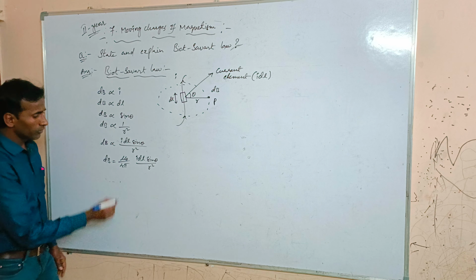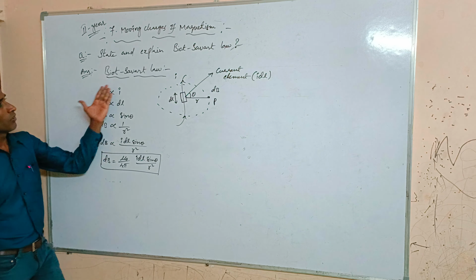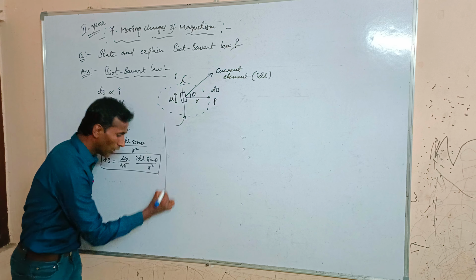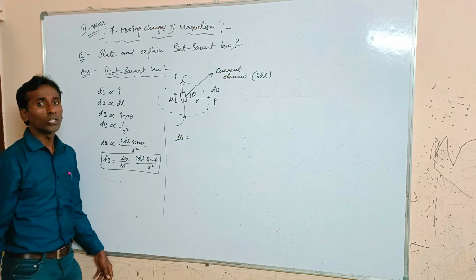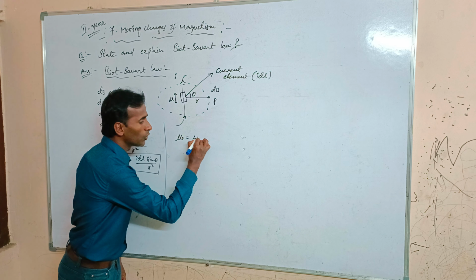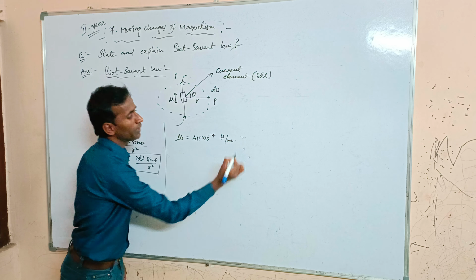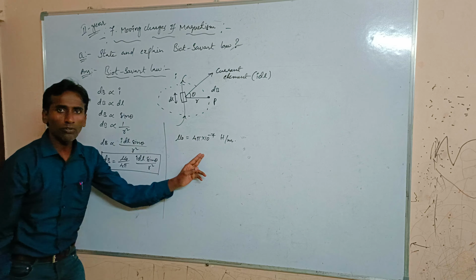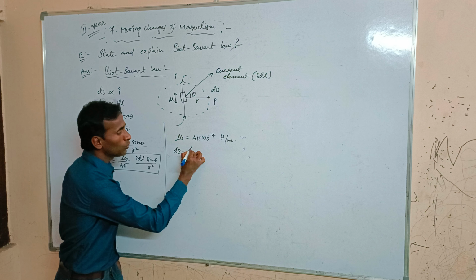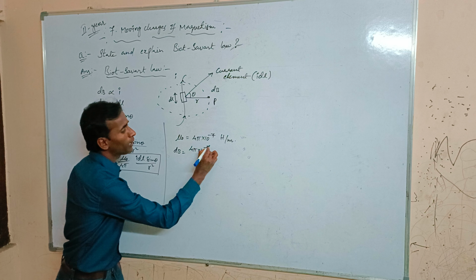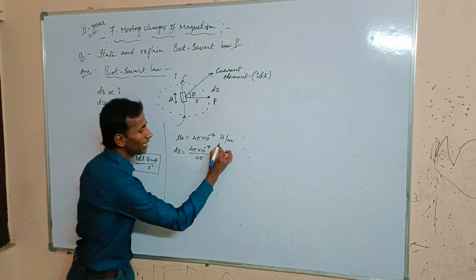And now here, this is the required formula from the Biot-Savart law. Everyone knows what mu naught is. Mu naught is a constant value, 4 pi into 10 to the power minus 7 Henry per meter. Whenever you substitute this value in that formula, you will get dB equals 4 pi into 10 to the power minus 7 by 4 pi into I dl sine theta